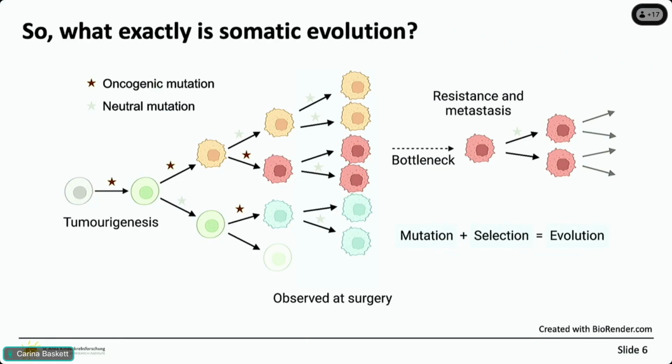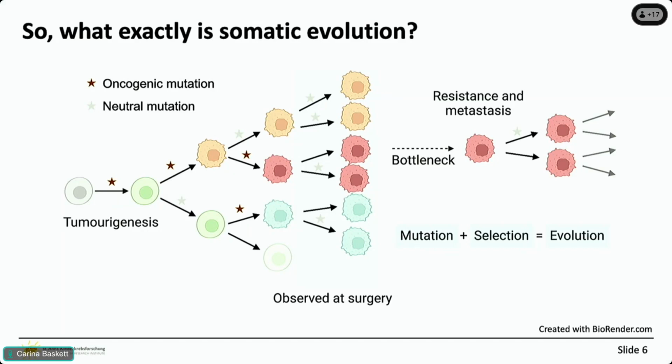And of course, this is changed if a person chooses to smoke, or if a person is exposed to lots of UV light, etc. But even still, if you remove all these carcinogens, there's also an inherent process where somatic cells tend to acquire mutations. And most of these mutations don't really do a great deal to the phenotypes of these cells, but occasionally you'll get an important mutation that hits a gene that is somewhat oncogenic. And then the cells continue to divide and acquire additional mutations, and then maybe you get a second hit. And it's through this acquisition of oncogenic mutations that eventually you form a tumor.